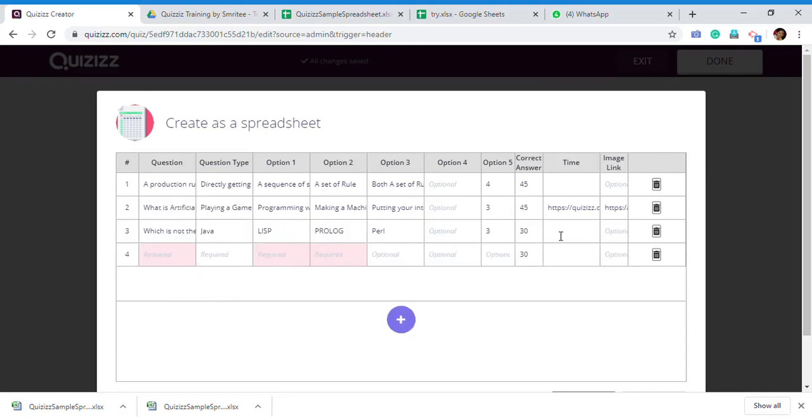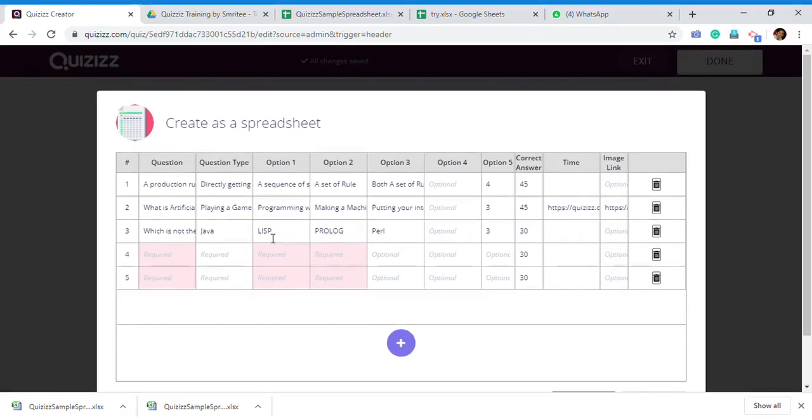You will get one more new row and write the question here. All the fields you can put here. So this way you can complete the procedure here also. No need to open Google Doc, no need to open Microsoft Excel. Just download and upload here and complete the procedure here itself.